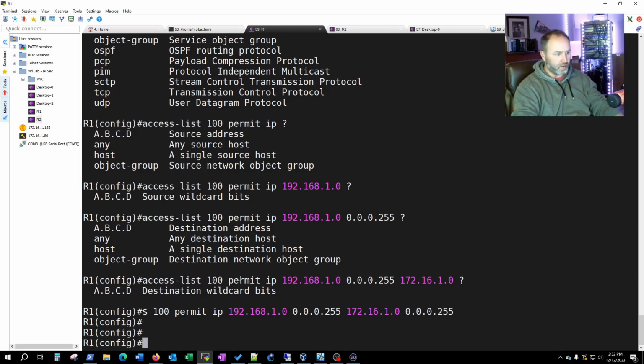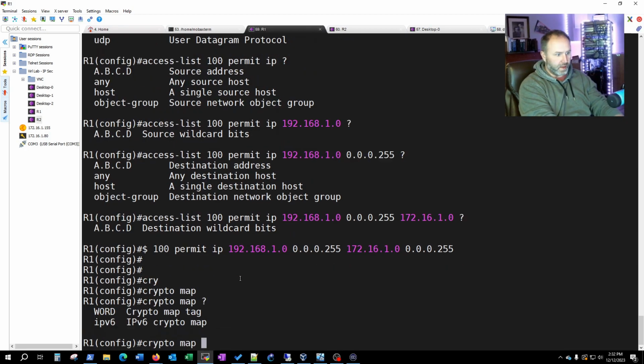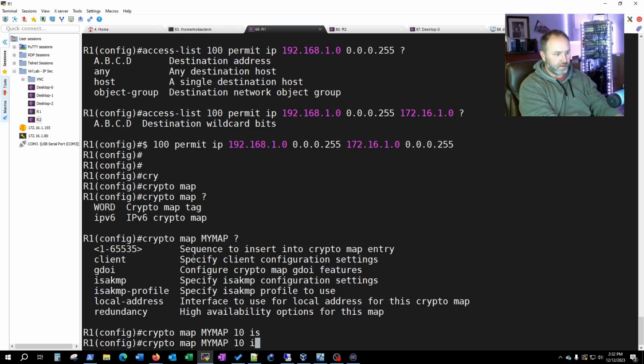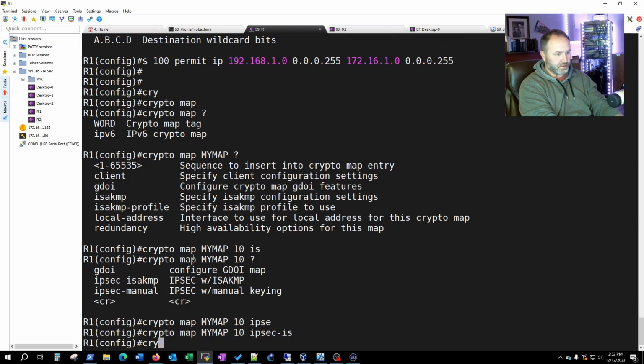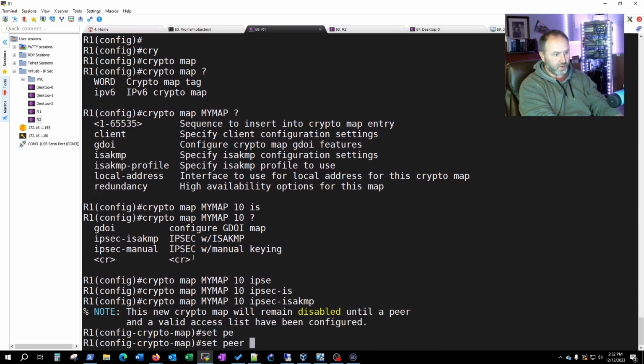And now we're going to be doing our crypto map, and like I said, it's going to have a name here, so I'm just going to call it my map, just so I remember it. Question mark, there's some sequence of that map, so we're just going to start at 10, and IPSec, hit question mark so you can see the other options here. IPSec ISAKMP, and then we're going to set a peer address, which is going to be 10.0.0.2,